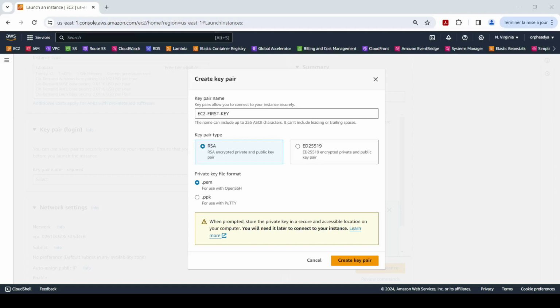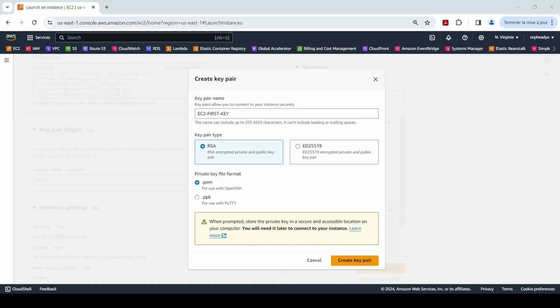Here we have an alert message. When prompted, store the private key in a secure and accessible location on your computer. You will need it later to connect to your instance. The RSA encryption algorithm will generate a strong private key and a strong public key for SSH authentication.